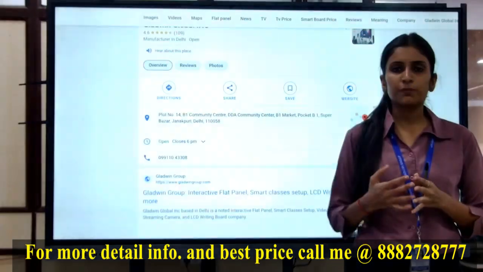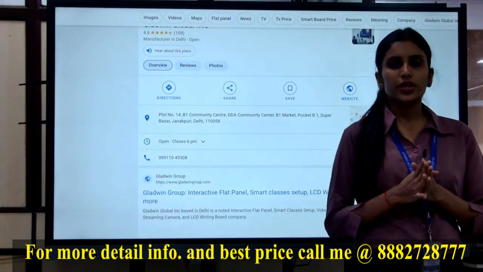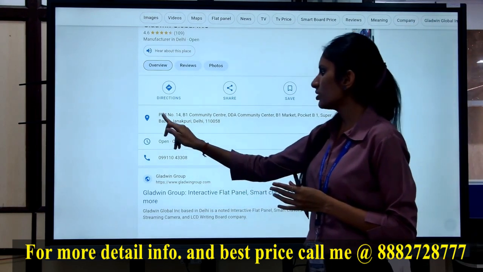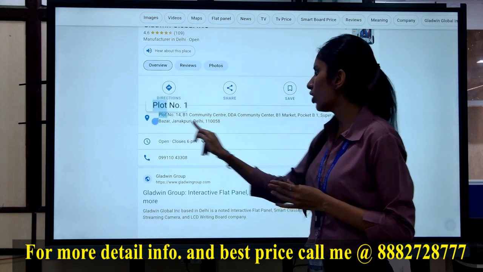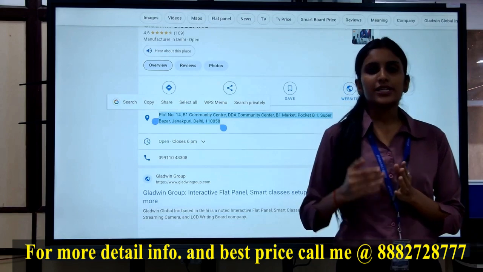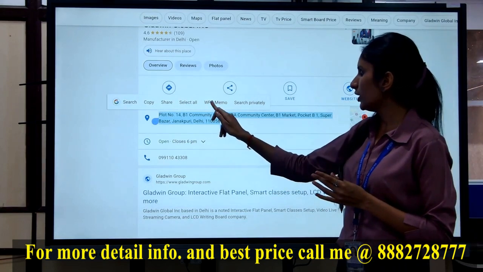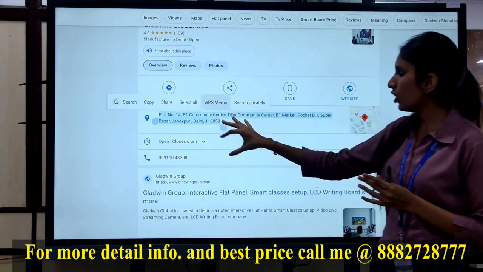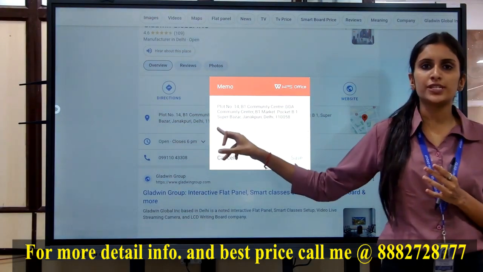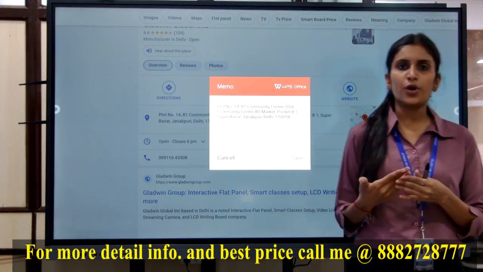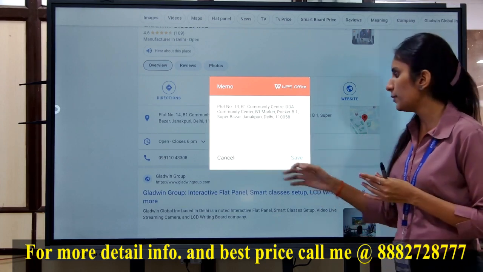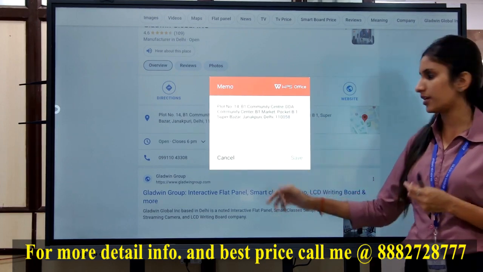When you want to search or browse something, you can use the browser as well. Now an advanced feature is, suppose I want to have some content in my memo, as we use the memo in Android phones, the same memo is there. I'll click on the WPS memo and this content would be saved in the file manager by the name of WPS memo. So you can save your important points or contents in the WPS memo simply by copying and pasting.